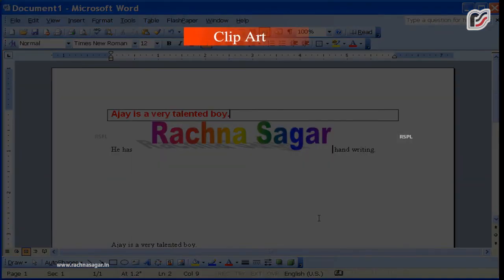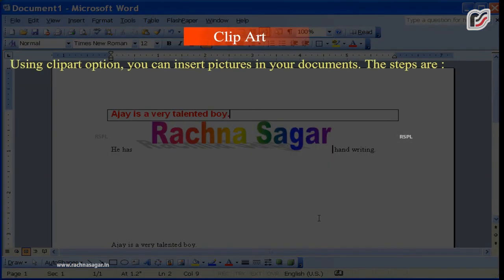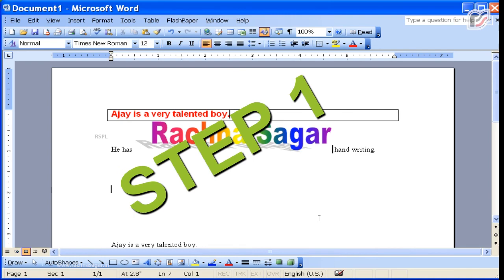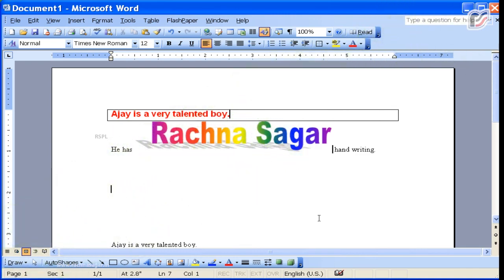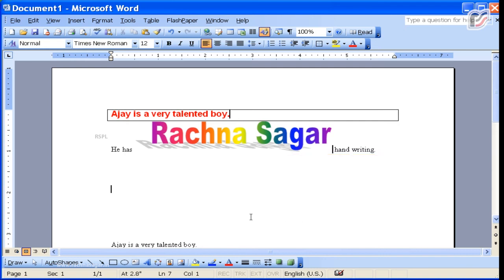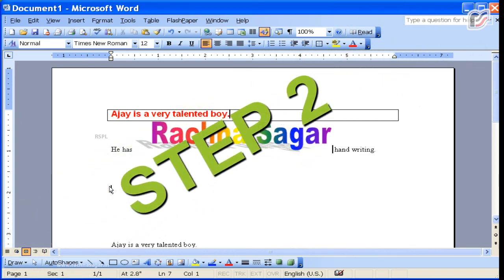Clip art. Using clip art option, you can insert pictures in your documents. Step 1. Take your cursor to the location where image is to be inserted. Step 2.